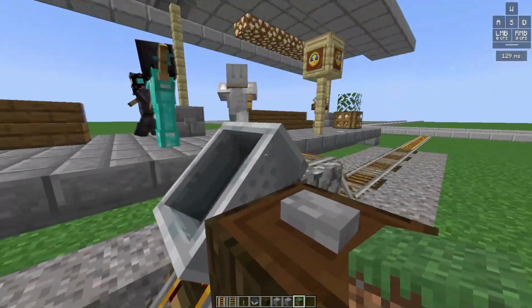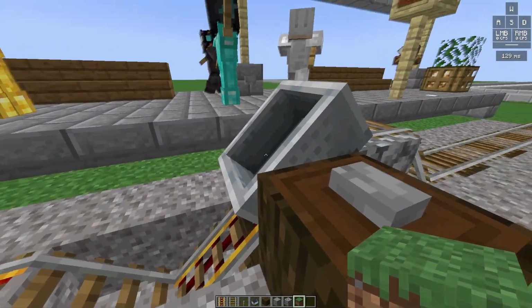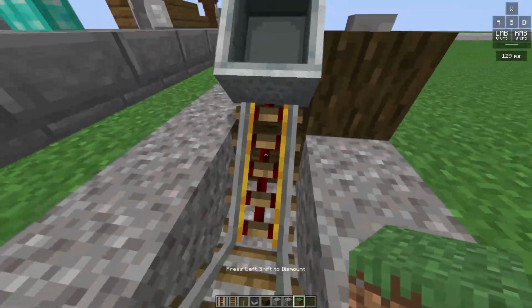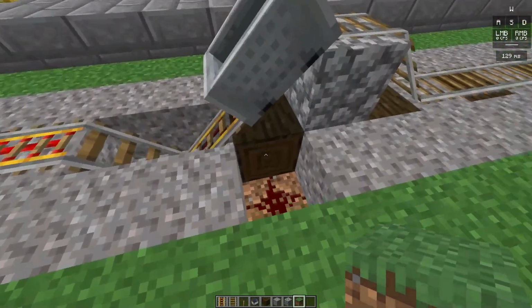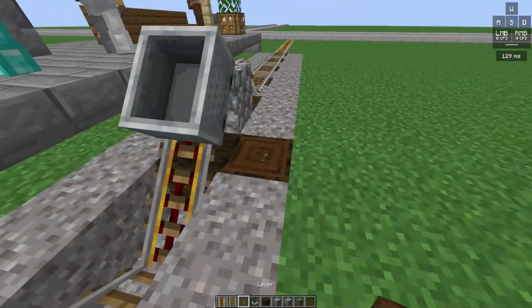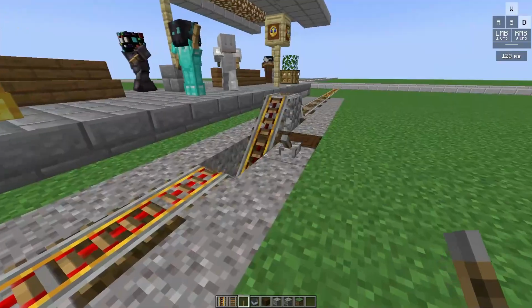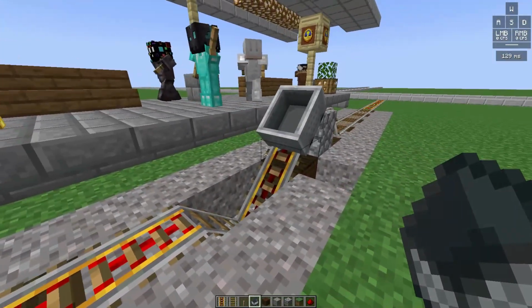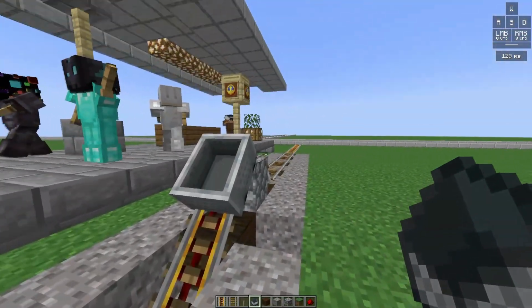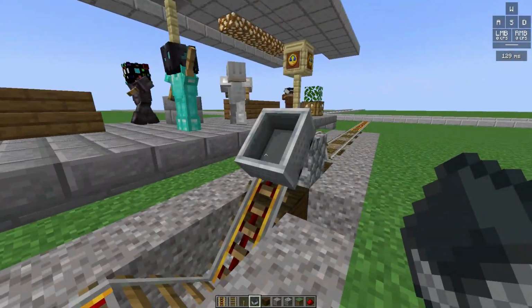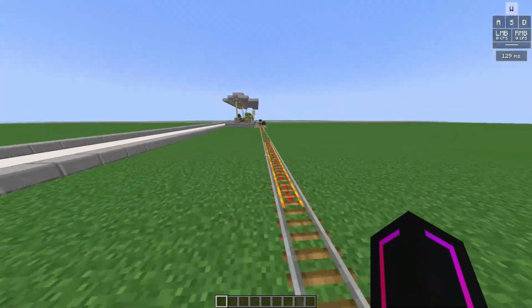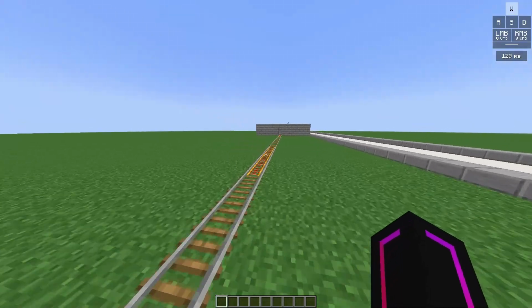As you can see, the train is stopped right here and you can get on it. And I'm using the button over here to power the rails. You don't have to place it over there, you can also use a lever just here. So that's how you can make the train stopping feature, to make sure that it stops for you when you need it to. Now let me show you how the other side of the rail system works.